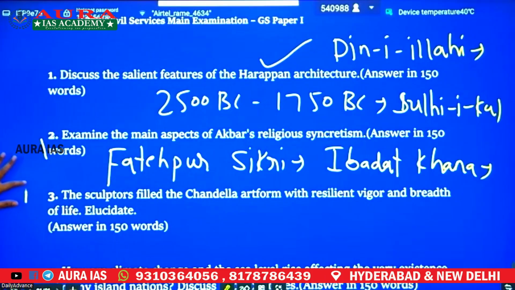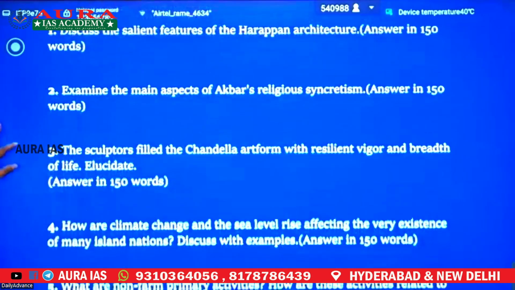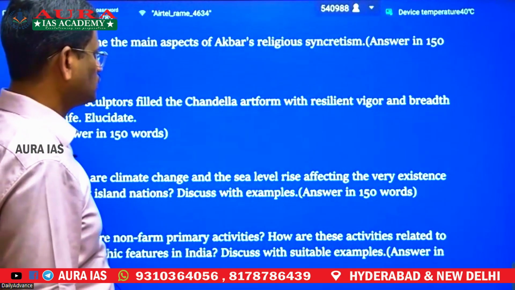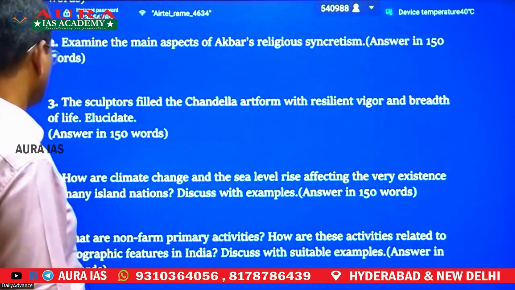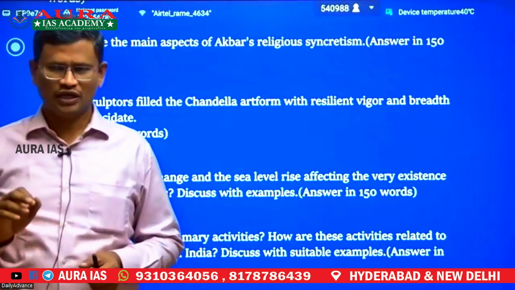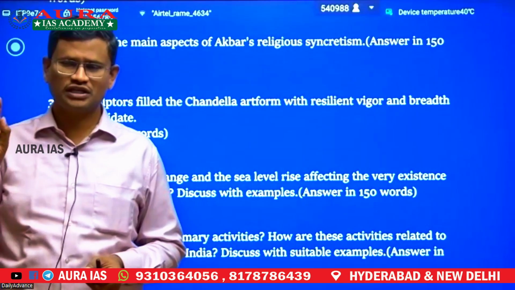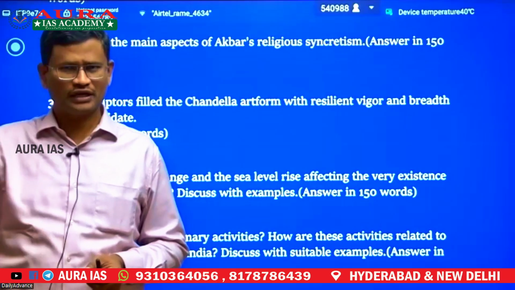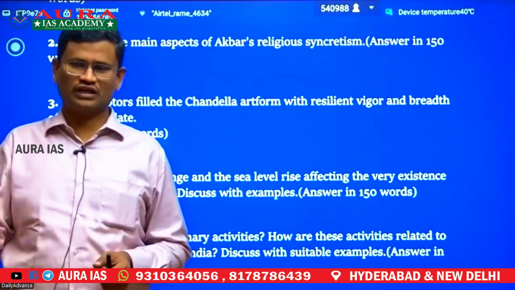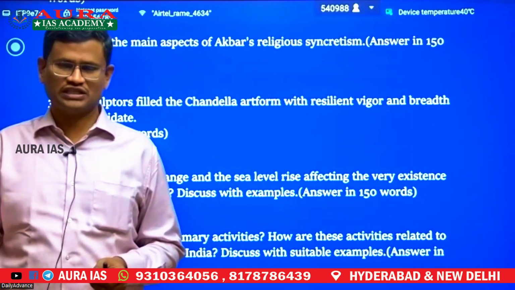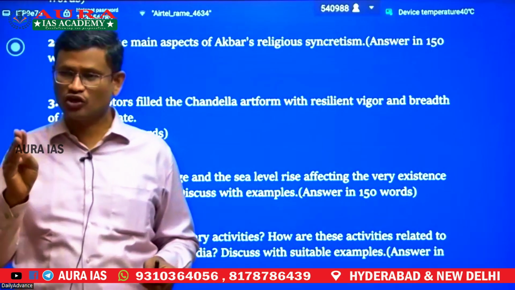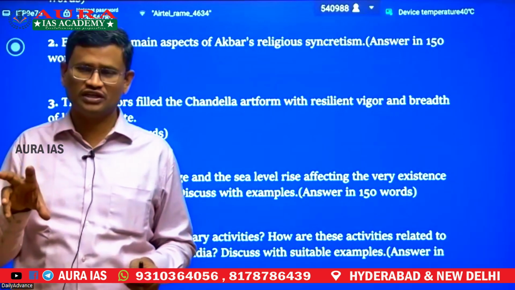Then the third question: the sculptors filled the Chandela art form with a resilient vigor and breadth of life, elucidate. See, the Chandela dynasty in the medieval period ruled over Bundelkhand, and they built magnificent temples in the Shikara style of architecture. Temple architecture is broadly categorized into three: Nagara or Shikara in North India, Dravidian style of architecture in South India, and a mix of both, which is called the Vesara style of architecture, in the Deccan. The Bundelkhand rulers, that is the Chandela rulers, between the 10th and 12th century built magnificent temples in